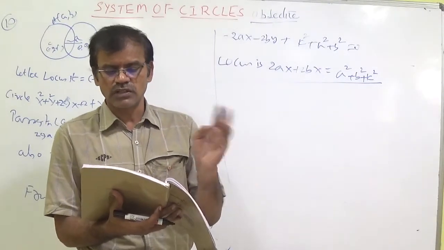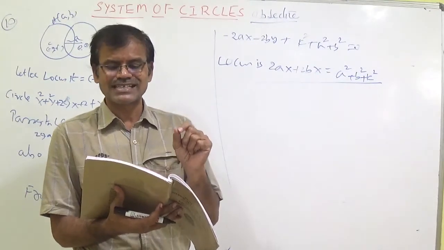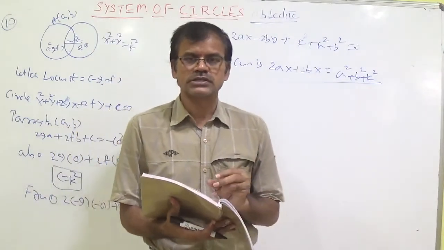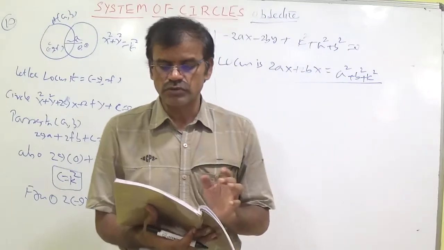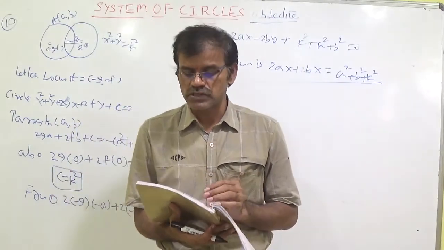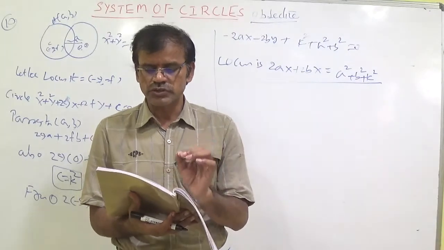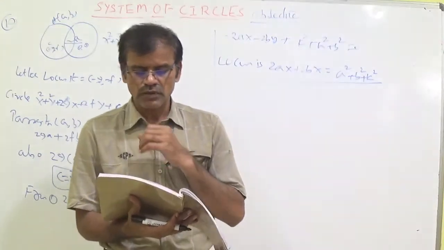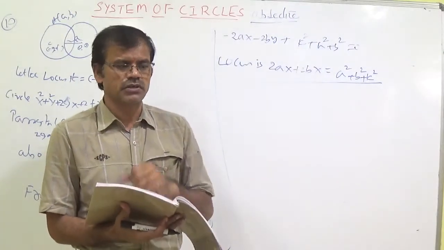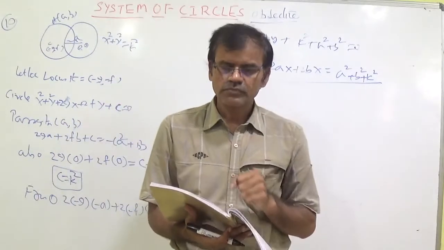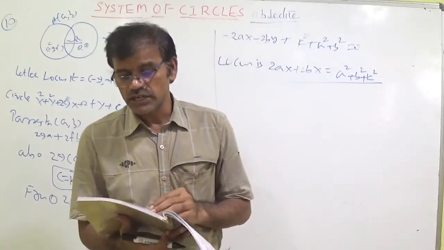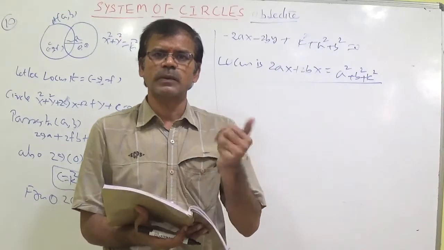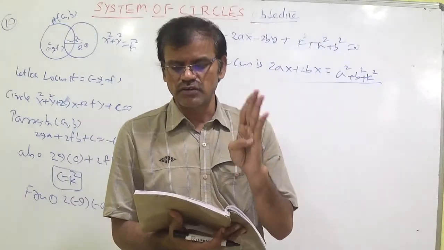Next, the 12th question I want to discuss with you. The circle which cuts the three circles given, x square plus y square plus a1x plus b1y plus c equal to 0, and x square plus y square plus a2x plus b2y plus c equal to 0, and x square plus y square plus a3x plus b3y plus c equal to 0, orthogonally. Students, this is a very easy question and a logical thinking question. The condition of orthogonality is 2gg dash plus 2ff dash equal to c plus c dash. Whenever only the constant c is there, you should get only minus c in the options. So only the fourth option is there according to the minus c concept.